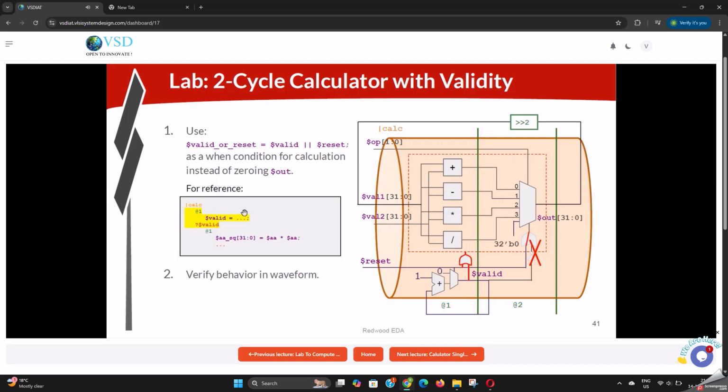So I've included here for reference the syntax relative to the Pythagoras' theorem example. And the change that we're doing, looking at this diagram, is we're essentially just applying valid as a condition on the logic. But we're also going to make sure that the logic is enabled during reset. And this is important because